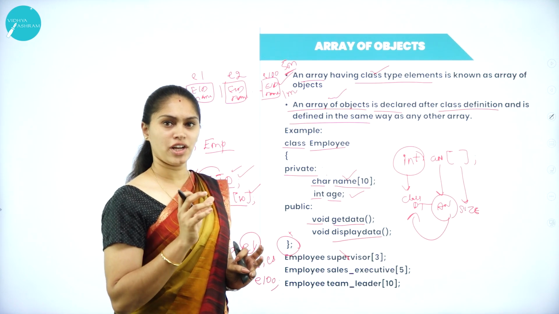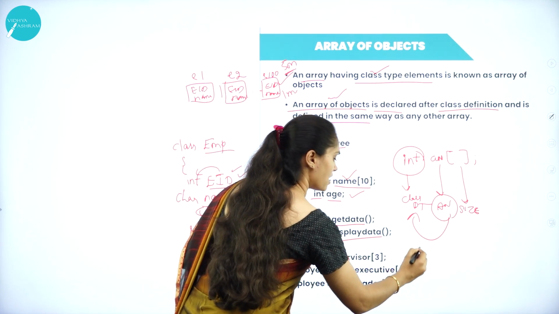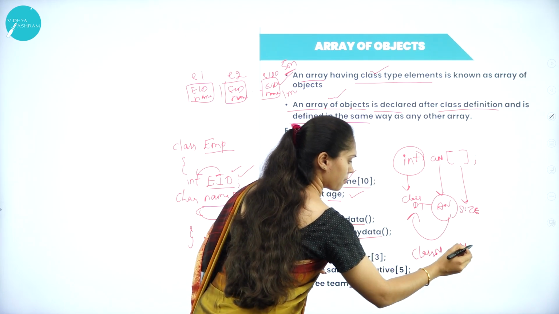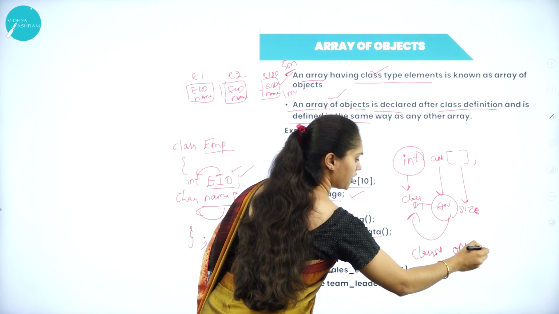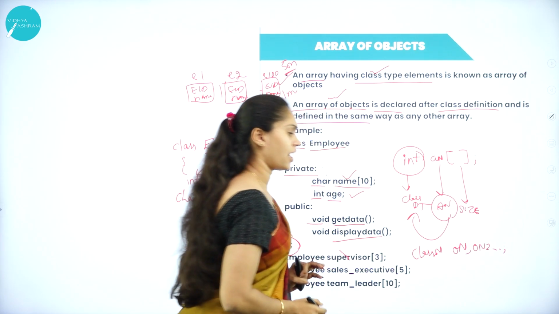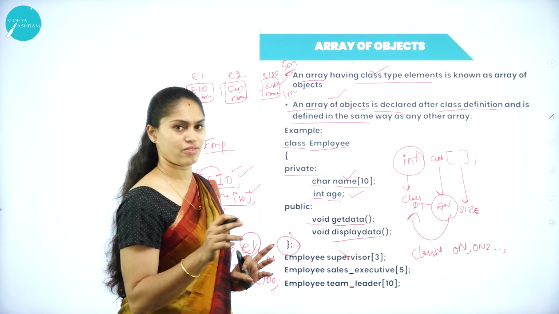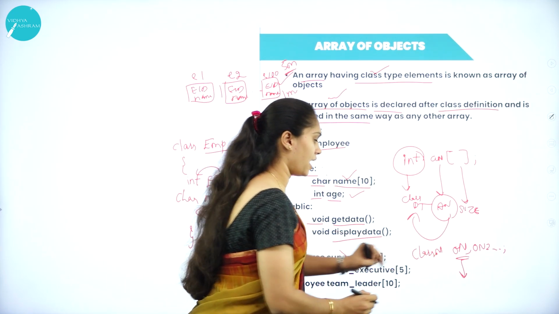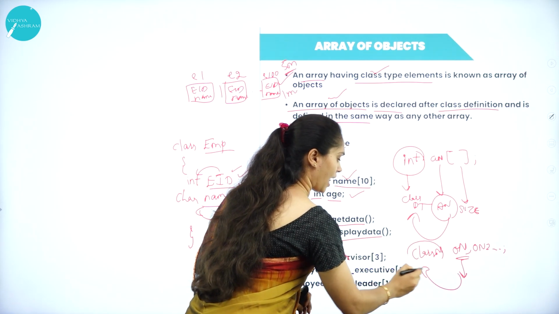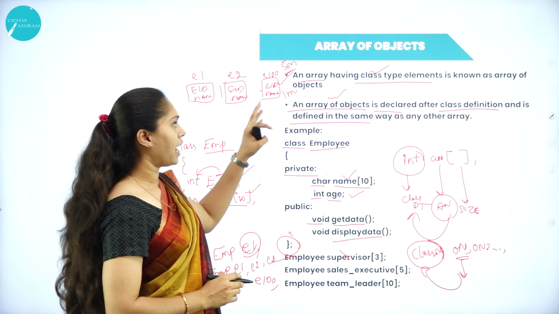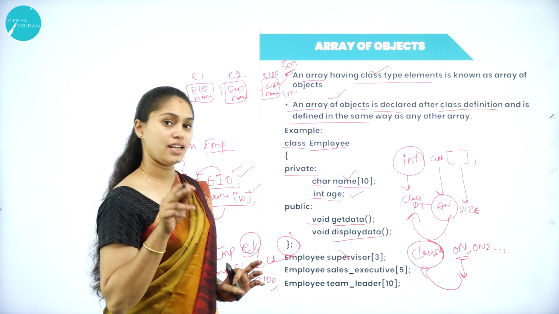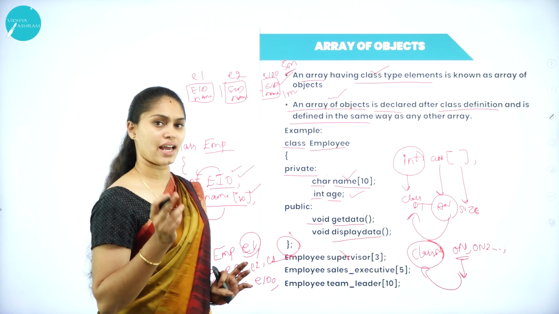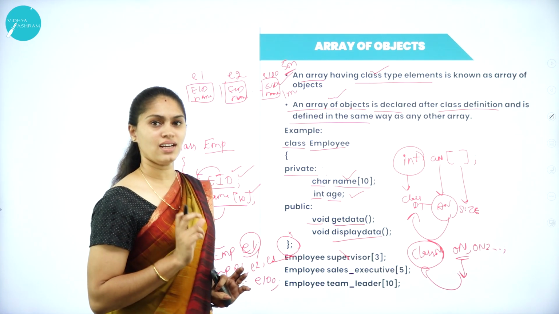So for that we are going to use a syntax like what? Class name, and then I need to specify the object name. So if I have more than one object, I need to specify the number of objects and then a semicolon. In the same way, I can use an object of the type array, but this array can also have the data type of class. That is nothing but what? Array of objects. Okay, then how to create that array of objects? I need to specify the class name, and I must take the array name along with the size.